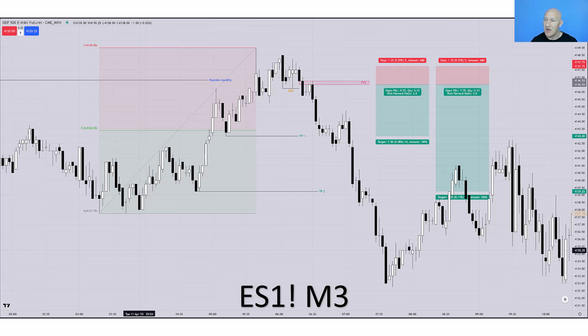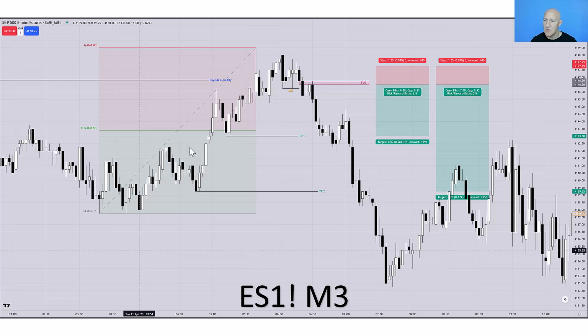Now in this example, I've used the high of this first candle because price has already started to break down after taking out that buy side liquidity. If this was closer to that initial sweep of the buy side liquidity, I'd look at using the swing high higher, just because that is going to be a safer entry and give me a little bit more buffer on my entry. In this example, you can see once we touch into it, the market just drops away and goes